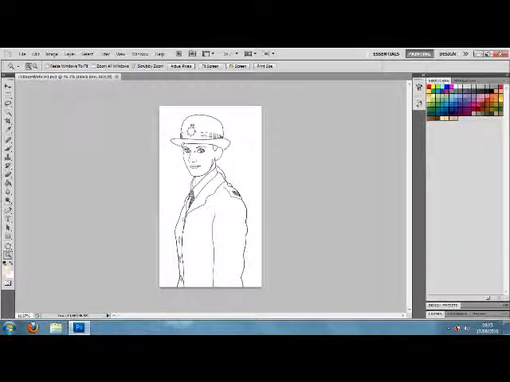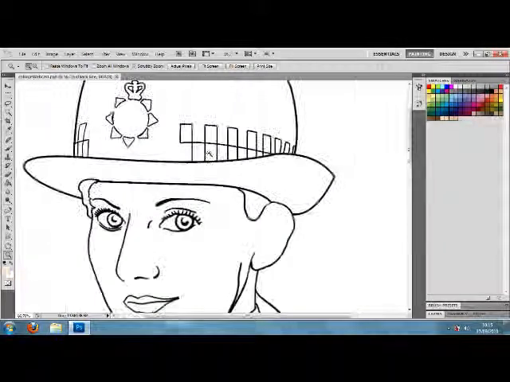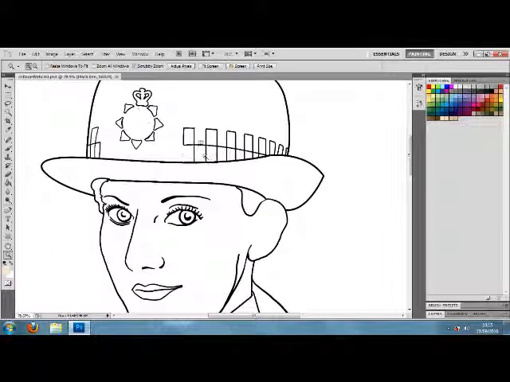What I'm going to do today is to look at, first of all, selecting areas using the magic wand tool and the quick mask mode, which you can get by pressing the W button for the magic wand and Q for the quick mask. So if we zoom in on this rather sweet young lady's hat up here,